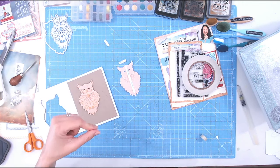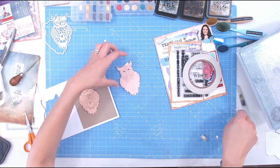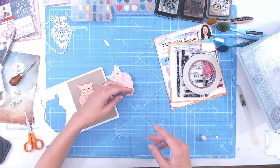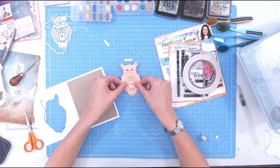There we go. I'm actually going to turn my glue gun off because I'd rather show you without a hot glue gun, because I know not everybody has one, not everybody likes to use them. And very often when I use a glue gun, I think people assume that you have to use a glue gun. You absolutely don't. And then, because I've got my double-sided tape there, I can put my second owl directly